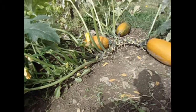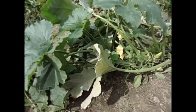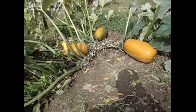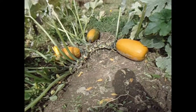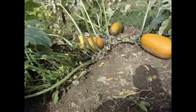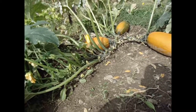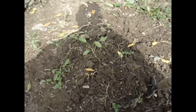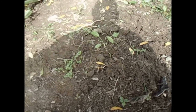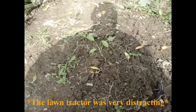So as I mentioned, I cleaned up the pumpkin a little bit. I do have actually 2 or 3 more now. So I cleaned the plant up just so that these ones that are already turning orange completely turn orange, and these other small green ones have a chance of growing as well. And this stuff, you just clean it up as best as you can, and